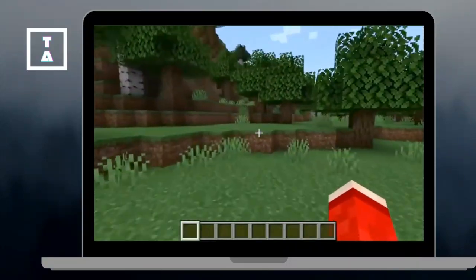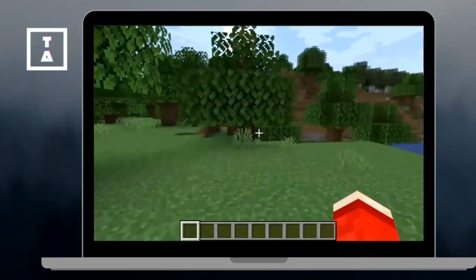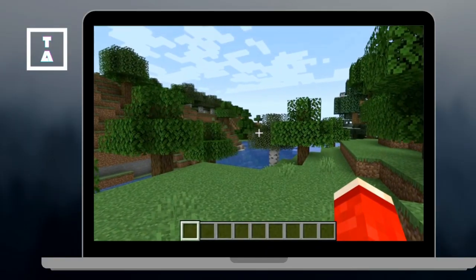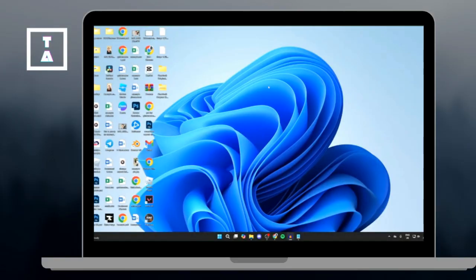Hey everyone, in this video I'll show you how to fix stuttering in Minecraft. Let's get started. First, close Minecraft, open your web browser, search for Iris Shaders, and go to the official site